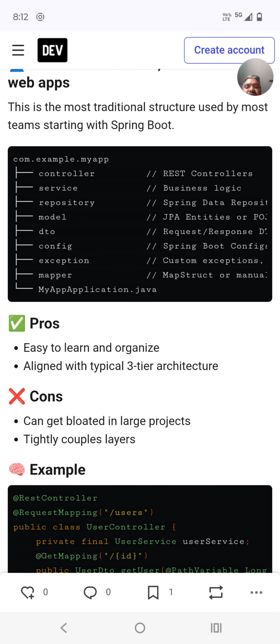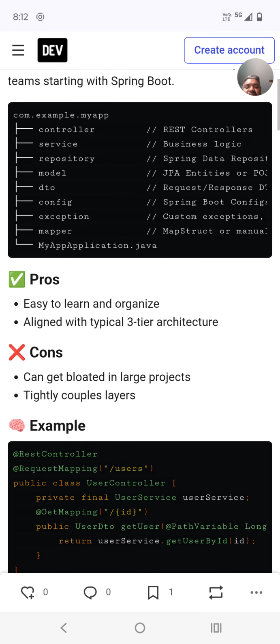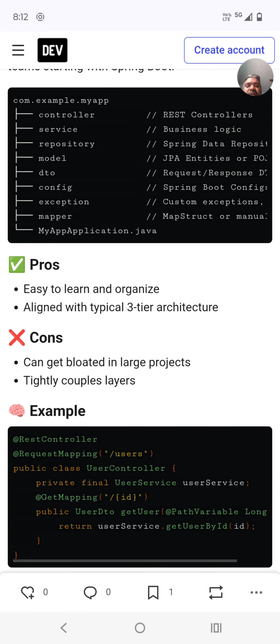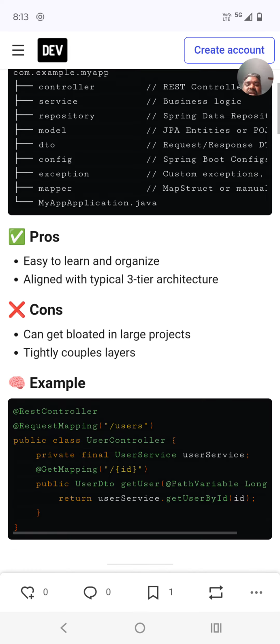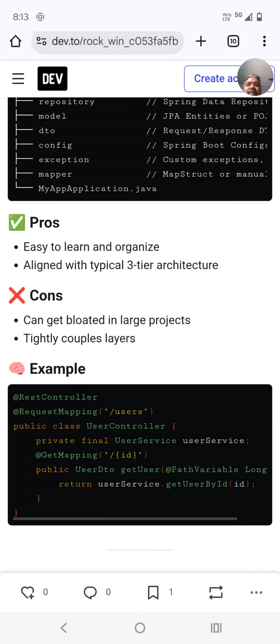So in this project, what are the pros? Easy to learn, organized, aligned with three-tier architecture. Cons: can get bloated in large projects, tightly coupled layers. Okay, for large projects it is not recommended. That is what he is telling. Of course, because